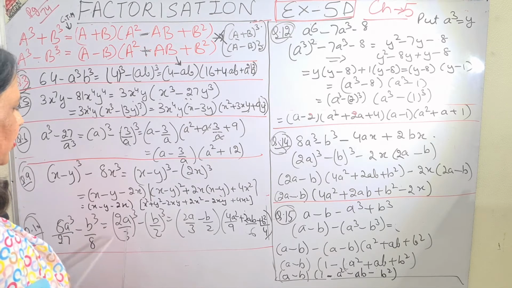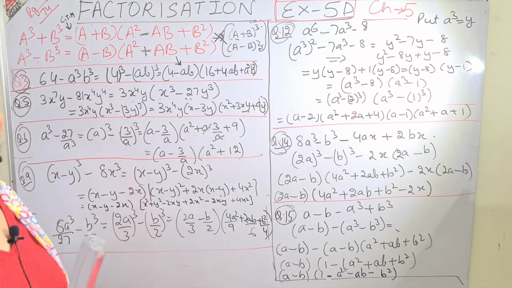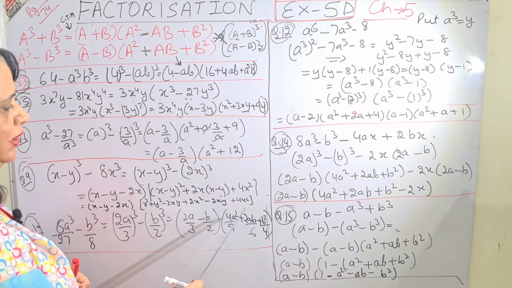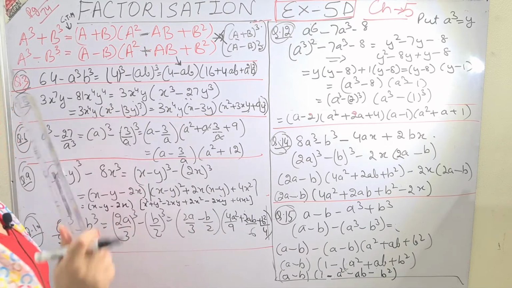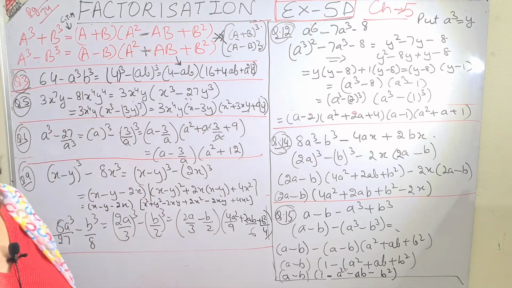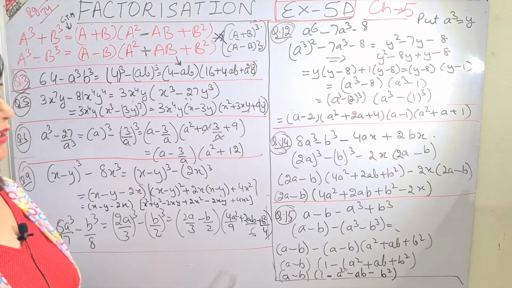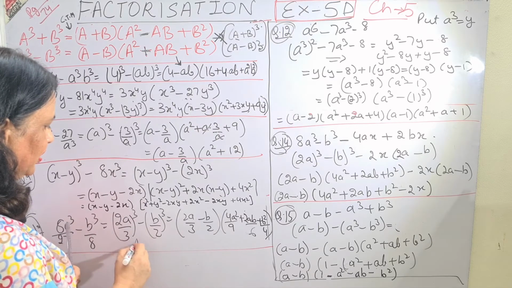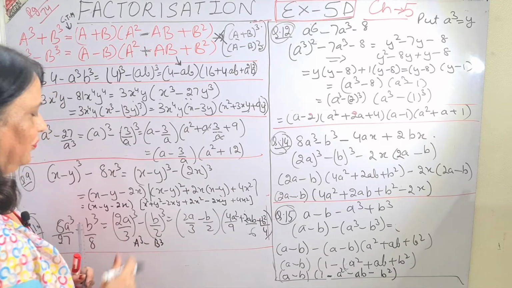So this is (2a/3)³ minus (b/2)³. Till now you are well versed with the whole cube. Now again, (a − b) whole cube: first term minus second term, first term square plus first term into second term plus second term square. Again, (a − b)(a² + ab + b²) is equal to a³ − b³. And this was a³, b³. It is very well understood. This is a³ − b³. So I hope you have followed.